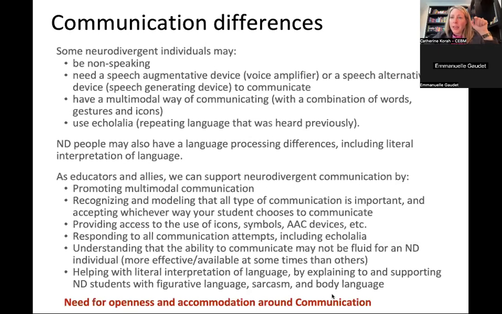By the way, in the second handout that I sent to you with the presentation slides, you will see a list of different accommodations that you could be applying in the classroom to help the student be more successful. These are meant to be tier 1 and 2 accommodations. These are things that all students can benefit from.